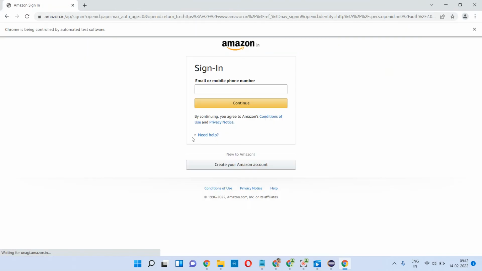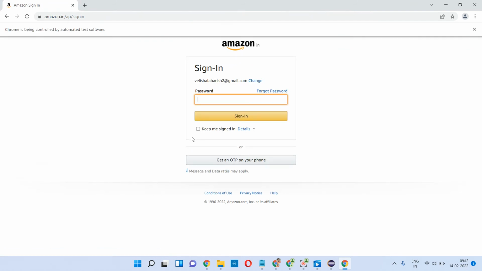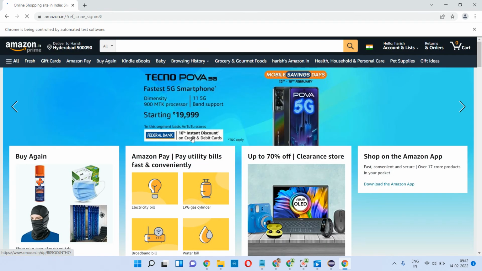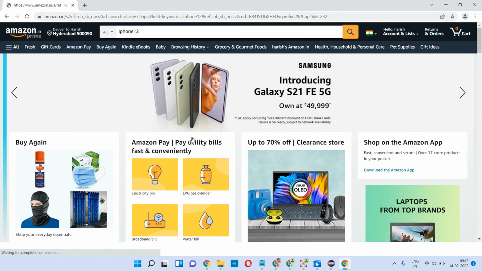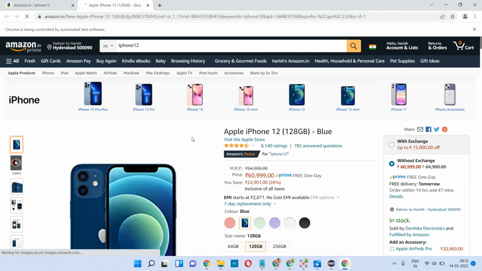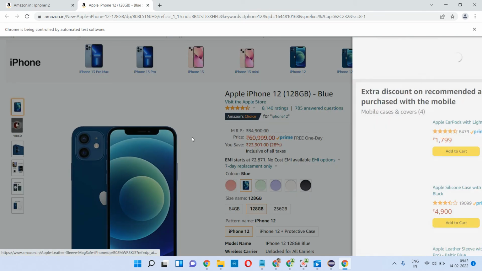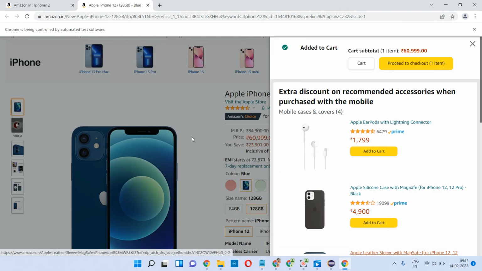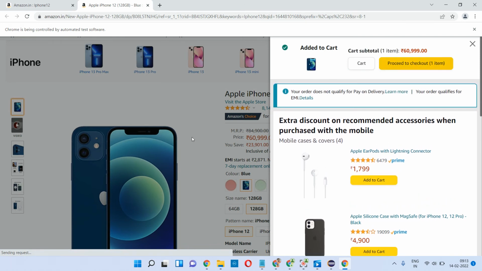Then it clicks on sign in, enters the password, and after that clicks on the sign in button. Later it is going to mouse over, and it enters the iPhone product. Then it is going to click on this particular product. Then here it will click on the add to cart button. Then it will click on proceed to checkout.